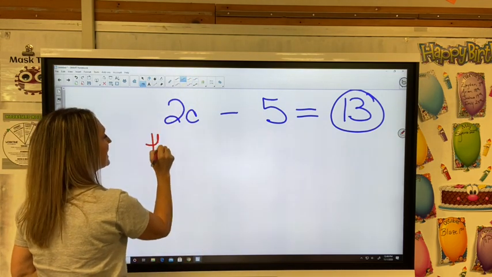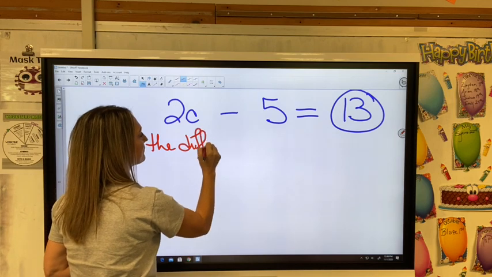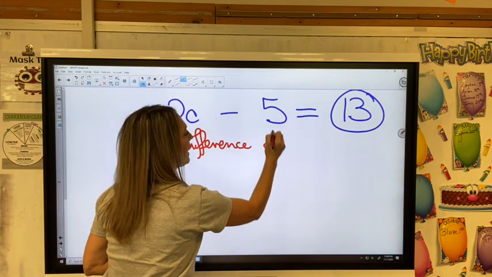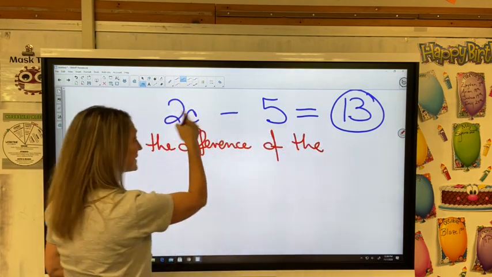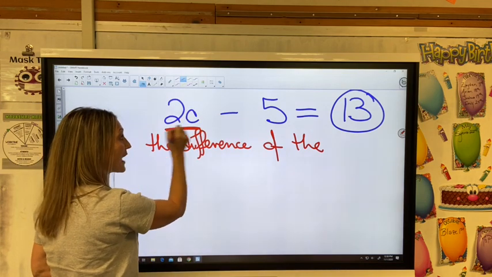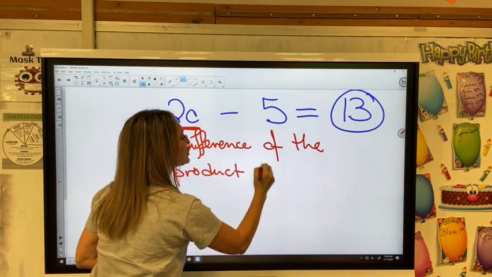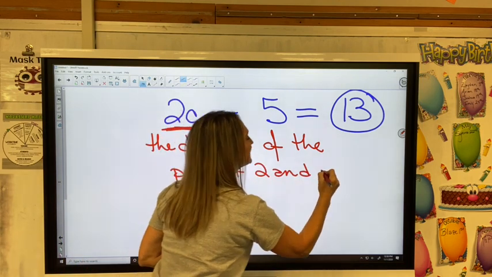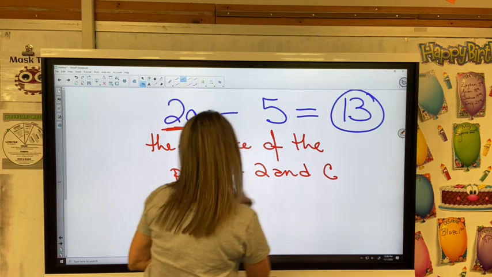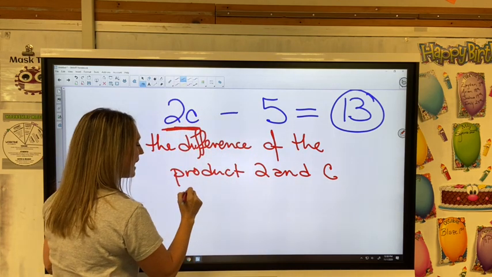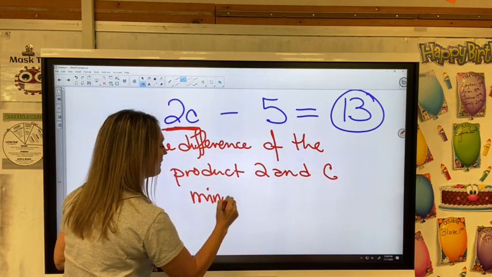I can say the difference of the product, because this is a product, letter by number means multiplication, of the product 2 and C, and you can even say minus 5